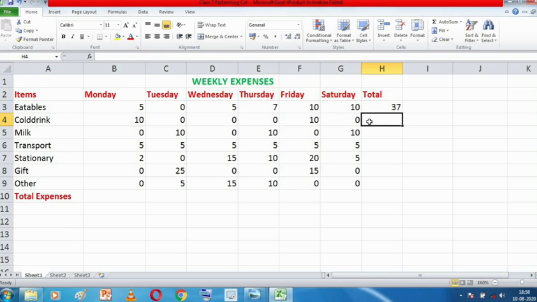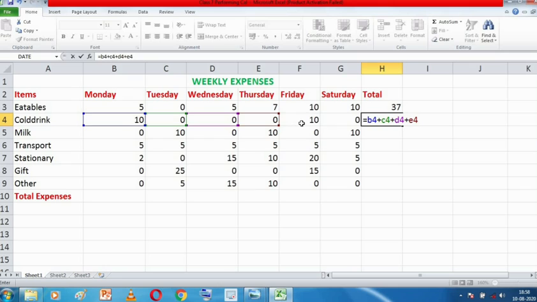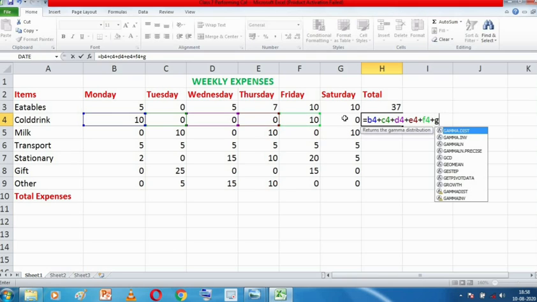A formula always begins with the equal to symbol, so I'll type equal to, then B4 plus C4 plus D4 plus E4 plus F4 plus G4.